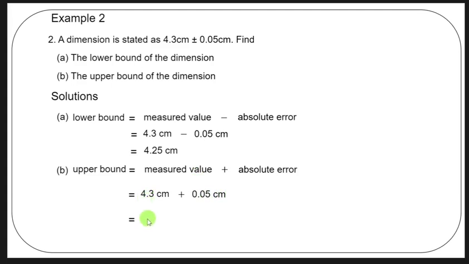Then we'll add this, then we'll get 4.35 centimeters as the upper bound. So the value now lies between 4.25 and 4.35, which is how it is reported. All right, so now let's look at the